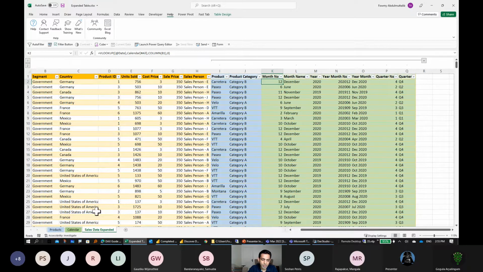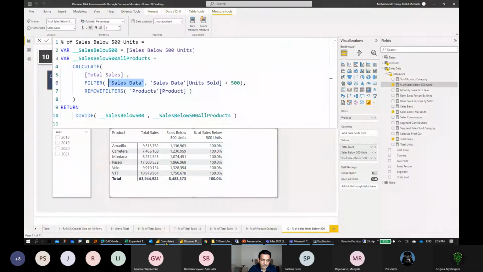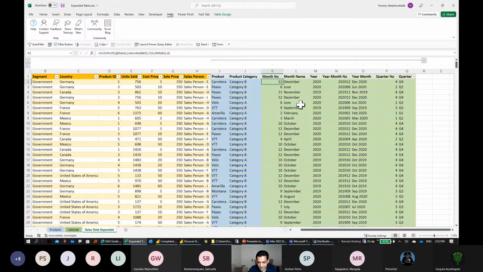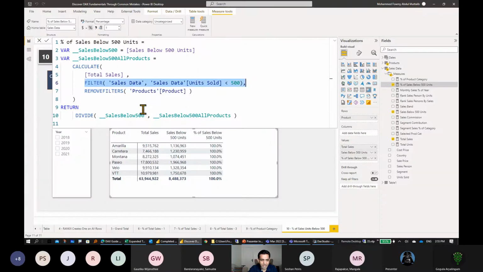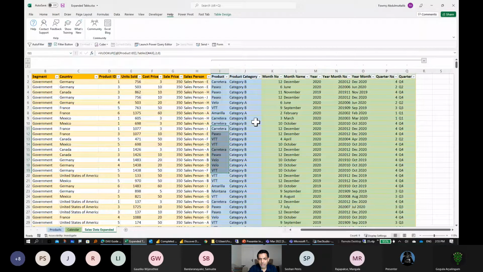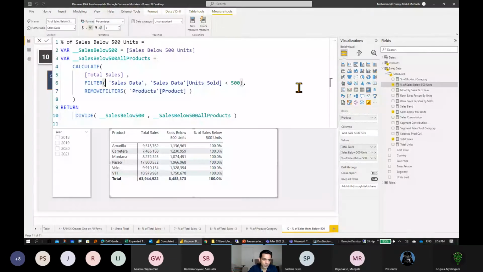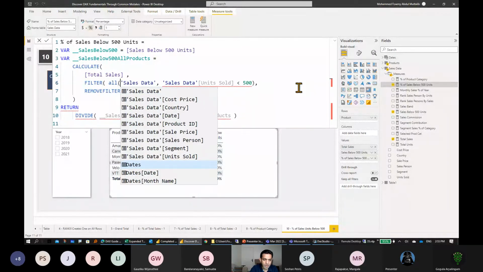So what happens here: you already clear the filter, right? You remove the filter from products. But again, when you do the filtering on the sales table, those filters are available here already. So products are filtered again. That filter is gone, whatever you applied in the previous step. So that's the problem. To solve this, what we can do is say filter all